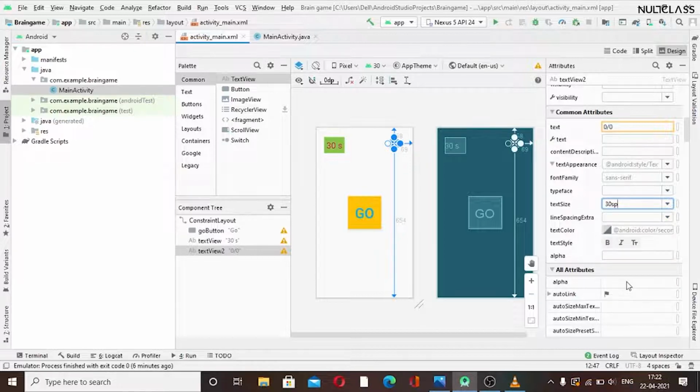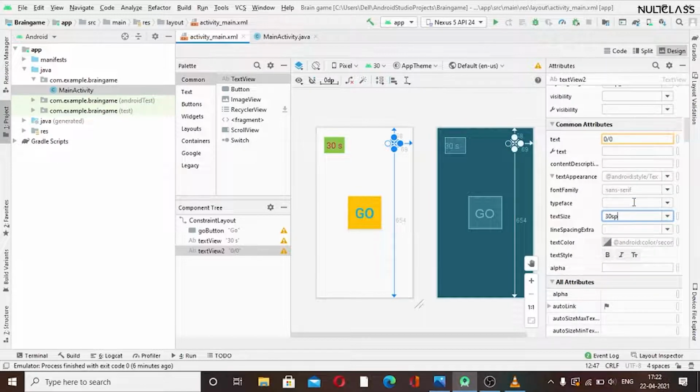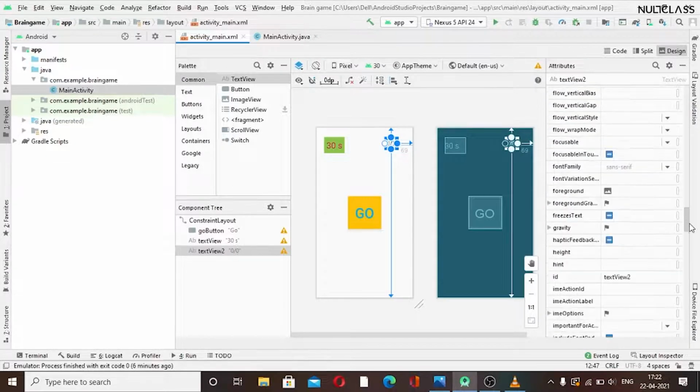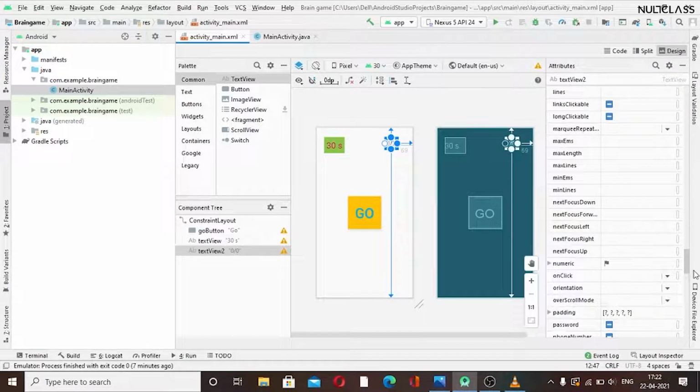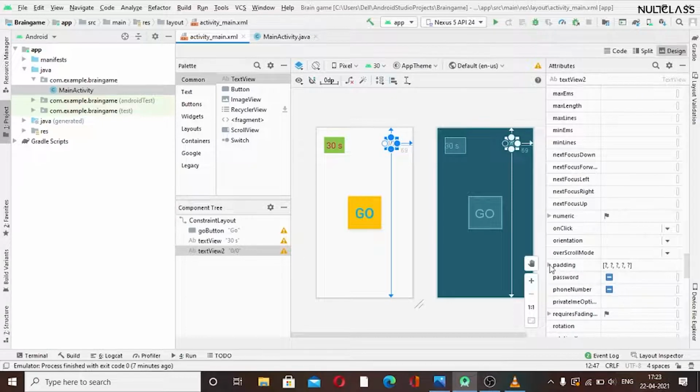I think I have given 30 or 36. I should find it here. Yes, this is working. We will go for padding size now. In the padding I will give it 10 dp as I have given for the timer text view.